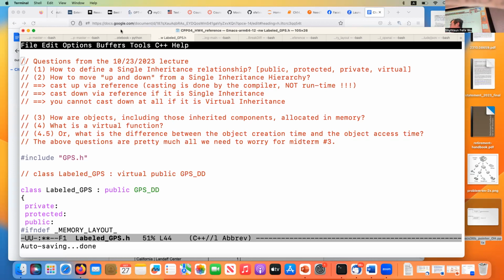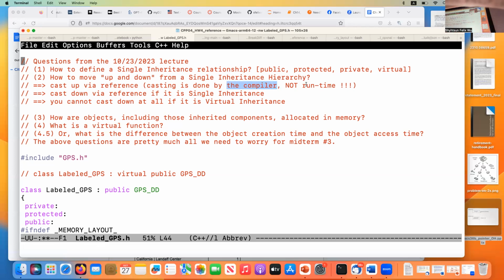So let me just quickly summarize before we move to question number 3 and question number 4. Essentially, typecasting is to convert a variable or an object of a type, whatever the original type is, to another type. And I do want to emphasize that casting is a compiler concept. Did I say here? Okay, here is important. I said casting is done by the compiler, not at runtime.